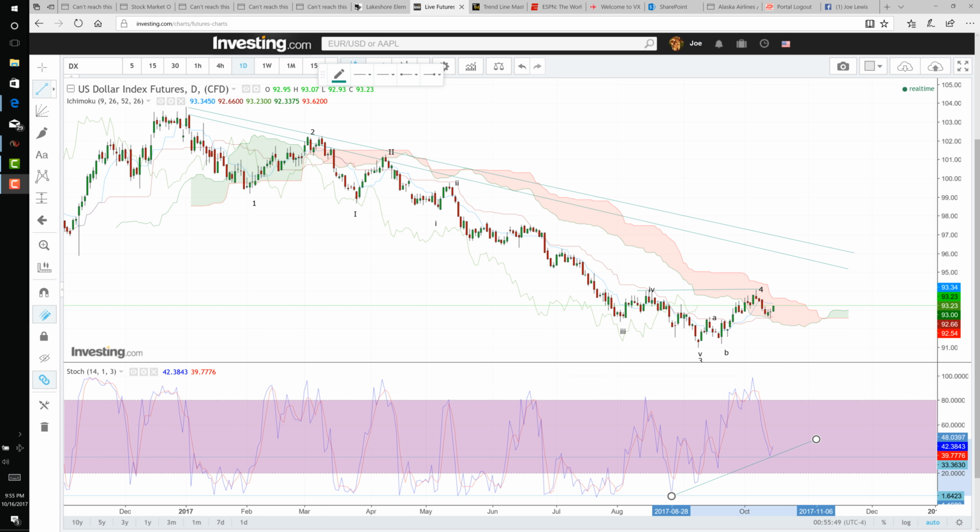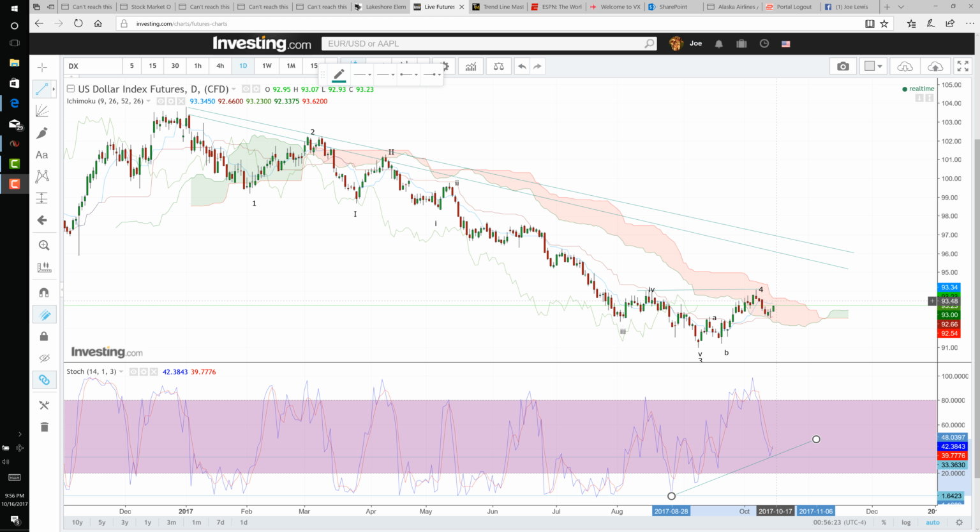Yesterday I did start off with the dollar pair as well, and as you can see, currently we still appear to be in, if this was wave 4 here at the top, this can possibly be wave 1 of 3, or basically the end of 3, and then you may see wave 4. Well, basically I have a 1, 2 here, 3, then the wave 4, possibly wave 5, or this is a